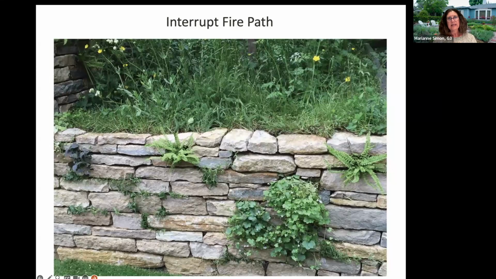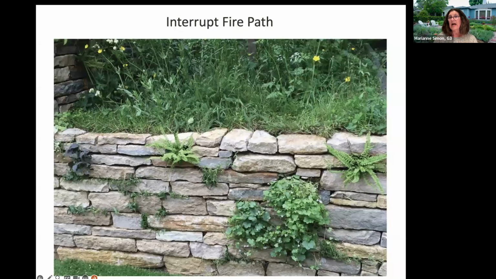And then other things to think about is how the fire moves basically through space. So we're going to come back to the embers in just a moment, but are there opportunities to actually interrupt that path? So I'll show you some other examples, both in the landscaping as well as your home. So, assuming the fire stays relatively low, it's going to hit this stone wall. Plus, these plants are pretty hydrated. So that also helps protect the site.